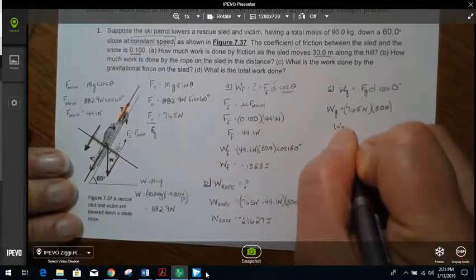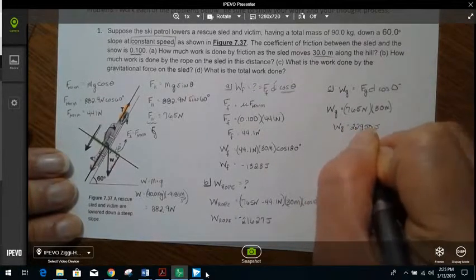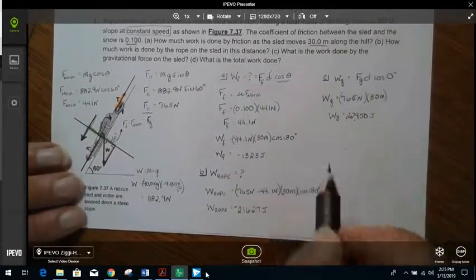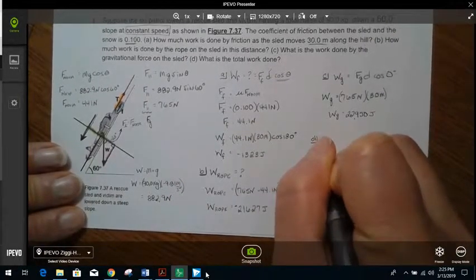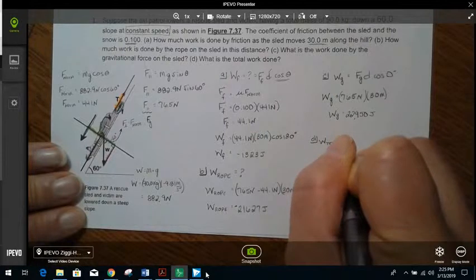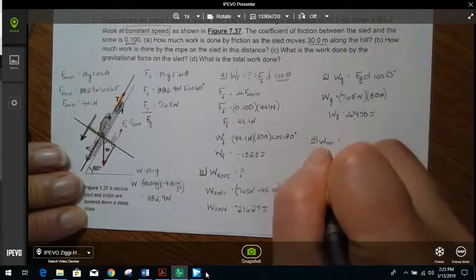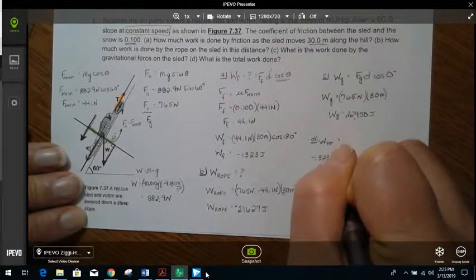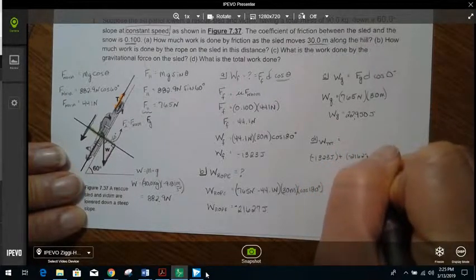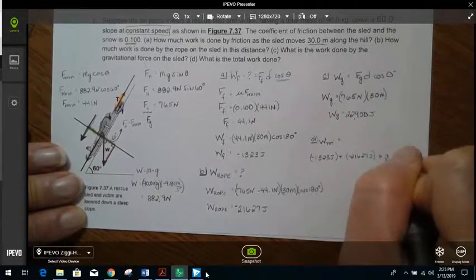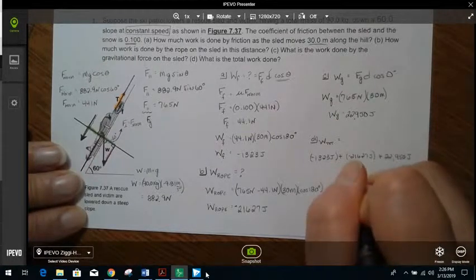So the work done by gravity equals 22,950 joules. D then says, what is the total work done? So work total equals all of these pieces of work added together. So we get a negative 1323 joules plus a negative 21627 joules plus a 22,950 joules. So the total work done